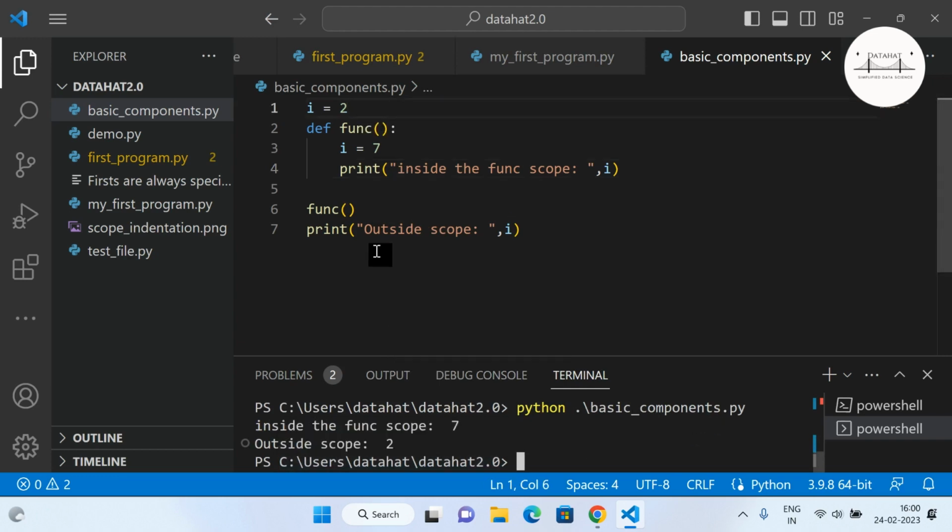Now your scope defines the region wherein a particular variable is located. For instance, say you have a file name called data. Now this same file name is also present in directory 1 as well as in directory 2. However, the components of the file are different in the two directories. The file names are the same. Now how would you locate the file name data? You would look up the directory structure or its location where it is present, right? Based on that you are going to distinguish what information would be present there. This is what is defined as a scope.